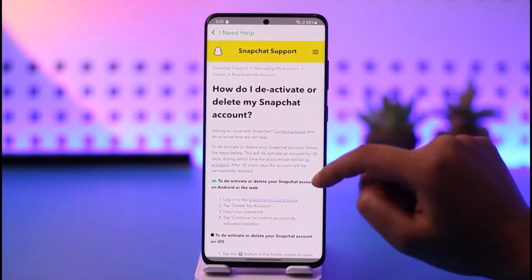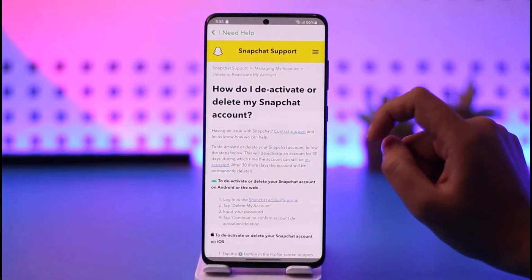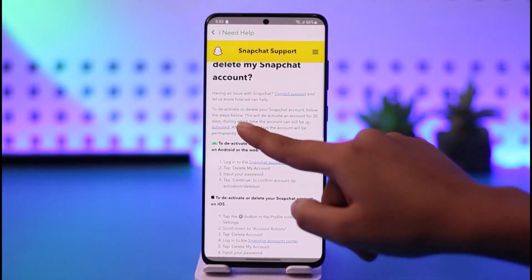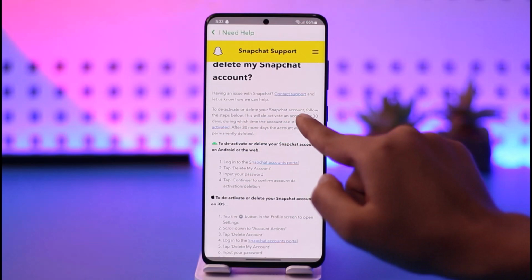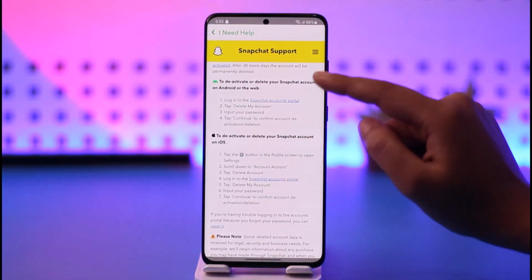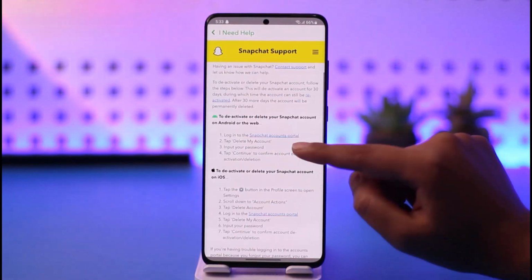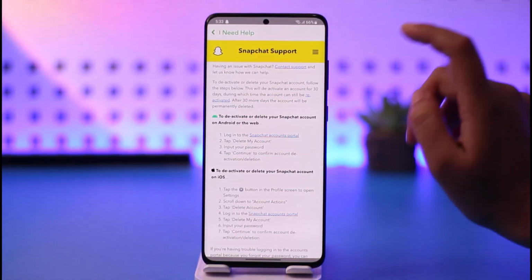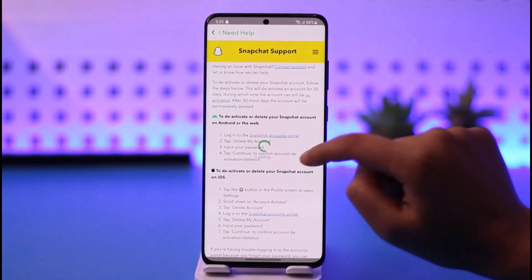Now it will show you this article, How do I deactivate or delete my account. First, if you're having an issue with Snapchat, you can simply contact support as well. Otherwise, to deactivate or delete your Snapchat account, follow the steps below. For iOS and Android, the steps are given differently. For the web or Android, tap on the Snapchat Accounts Portal and tap